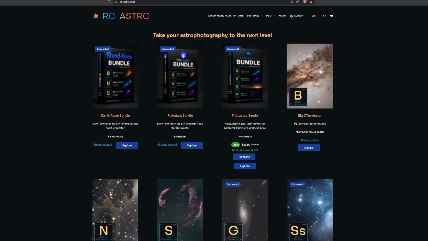So finally it happened. Something that I've been waiting for a couple of years. RC Astro finally works in PixInsight. And not just that. RC Astro has released a standalone application for its plugins, and now first it was imported